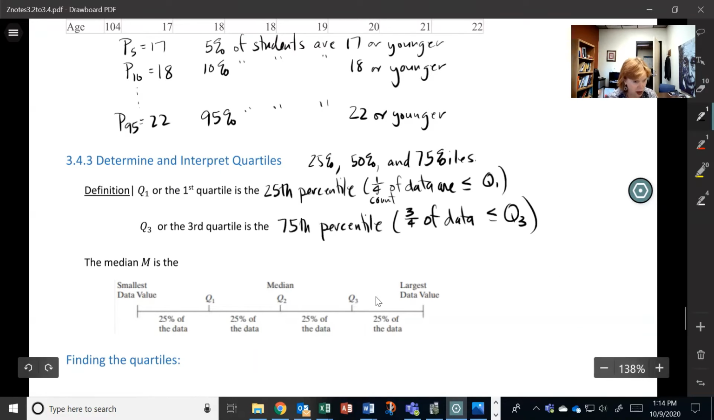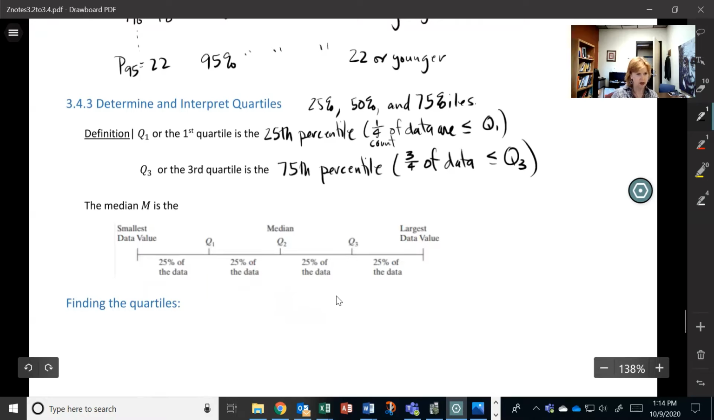And here we have our number line. So here's Q1, 25% or less. And then what that means is that the rest of the data is bigger. So I've got 75% bigger than Q1. So 3/4 of the data are greater than Q1. 3/4 of the data is less than Q3. So that means about a fourth of the data are bigger